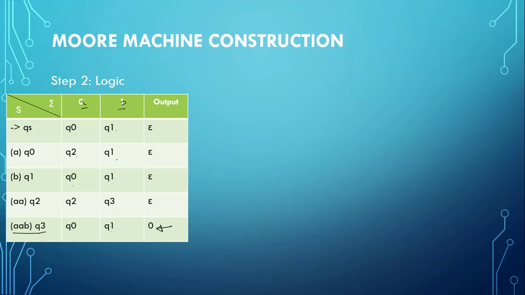Now here, as you can observe in the output, there are epsilons, that is empty strings, and after finding the AAB substring it will print 0 as the output. This type of pattern is called the unary number system. Using this unary number system we can print the output, that is, the number of times some pattern has occurred in our input string.